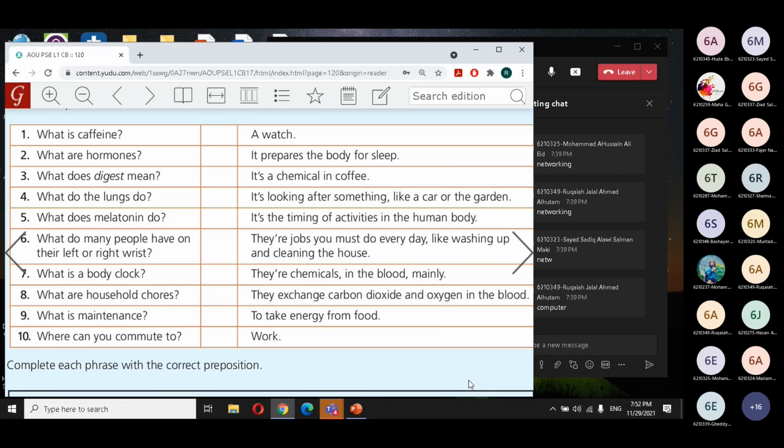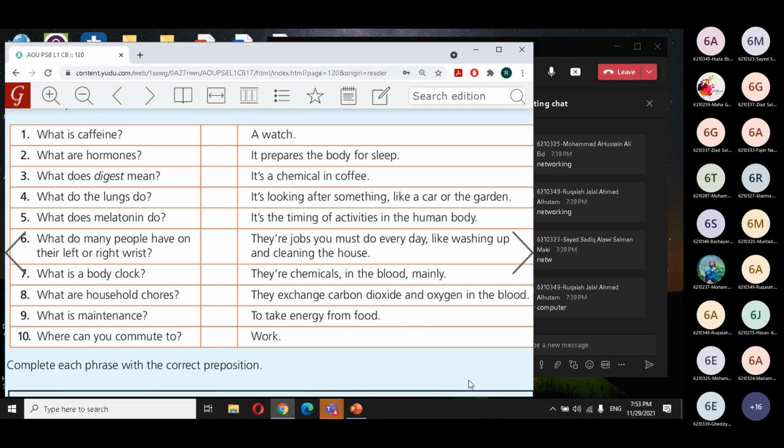Okay, let's discuss them. I'll say the answer and you give me the question or the question number. I want you to write in the chat area because it's just a number. So I want to see many participants for that. It's a revision and it's our last task today. A watch. It can be the answer of any of these 10 questions. A watch.